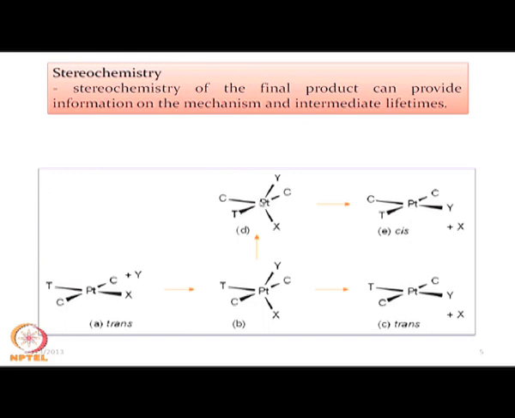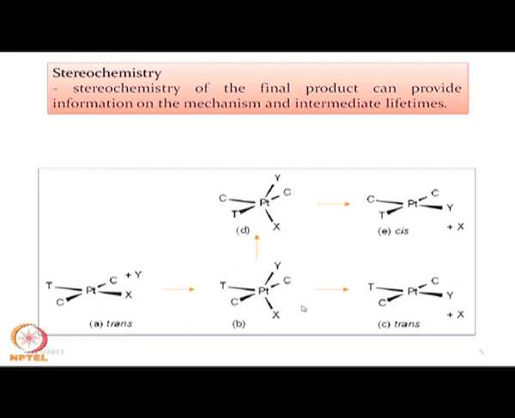But when it is in the trigonal pyramidal geometry, it is going to labilize this X in square planar geometry, but when it is trigonal bipyramidal geometry, this T is not labilizing the X, but it has the same effect, that it is just moving away the X which is in the cis position of T. So, after removal of X, X is going away, the rearrangement will lead to the cis geometry,